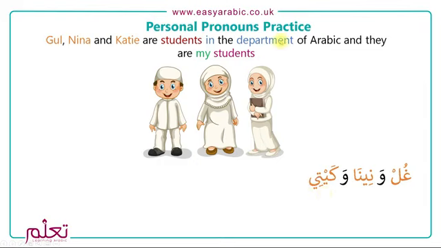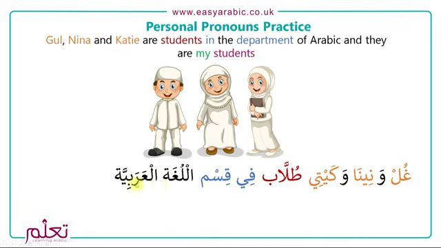So he will say in the Department of Arabic. So we'll say Tullab is the word for, because it's the mix, we say Tullab in the Department of Arabic. So it will be fi qism is the type or department, al-lughat al-arabiyya, in the language of Arabic. Okay, Gul wa Nina wa Katie Tullab fi qism al-lughat al-arabiyya, and they are my students. So wa is the word that we use for and then whom is because we are referring to them, they. Yeah, so whom, they are